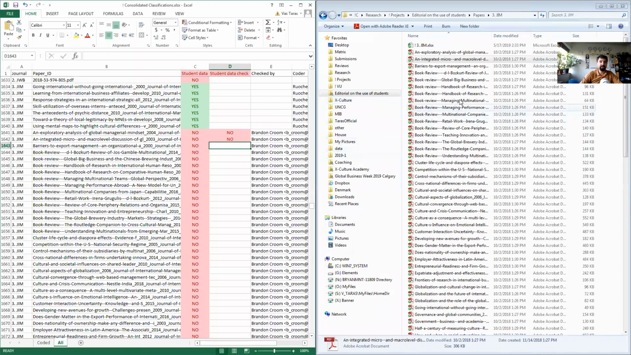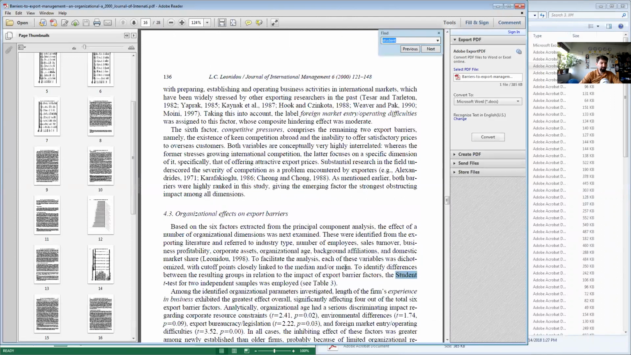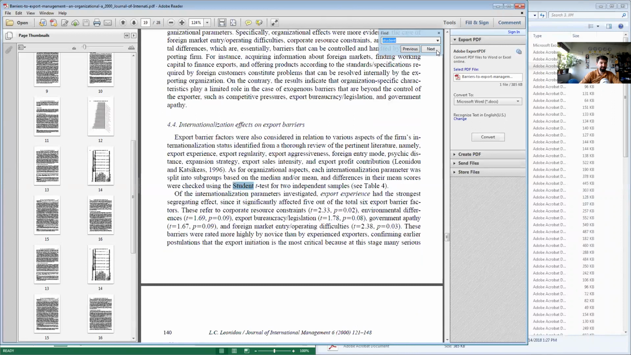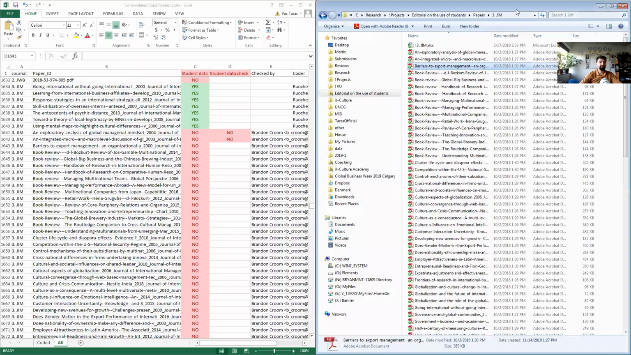Let's do the next one, barriers. Here is the barriers. Click, let's check student, Control V student. Organizational effects, table 3. The student t-test, no, that's a different thing. That's not student t-test. No, here they're just talking about a method. So nothing about the sample. So it's another no. So as you can see, it takes me about 30 seconds to do it that way,